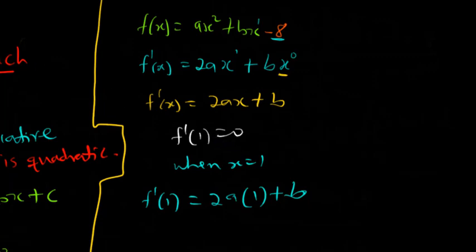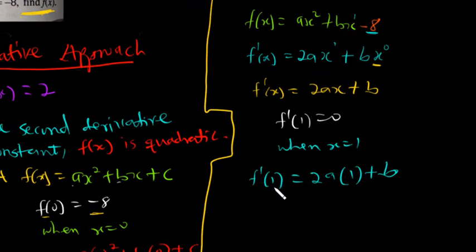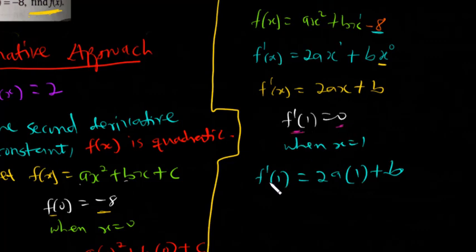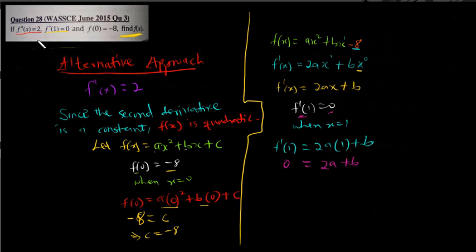All right, so let me go on from here. So f prime of 1 equals 0, so that means the whole of this will be 0 here. Then 2a times 1, we have 2a, then we have our b. So we get our first equation here in terms of a and b. Okay, let's see if we can go on to use the third equation,